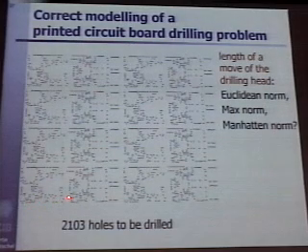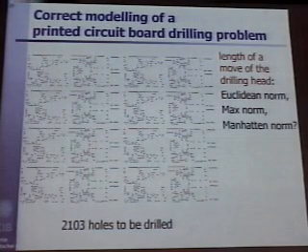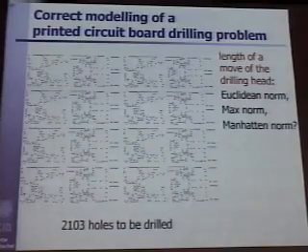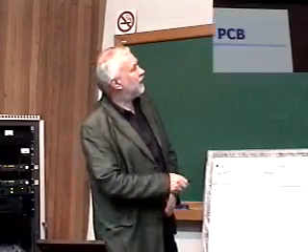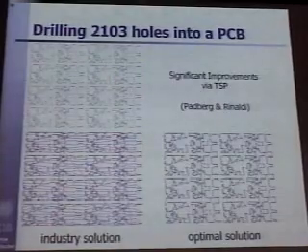It accelerates, goes at high speed, and brakes. And so there are complicated norms in practice showing up that you have to take into account, which are not Euclidean. You can show that these norms come up in the real world. And here is this problem. That was the industry solution, and that was solved.